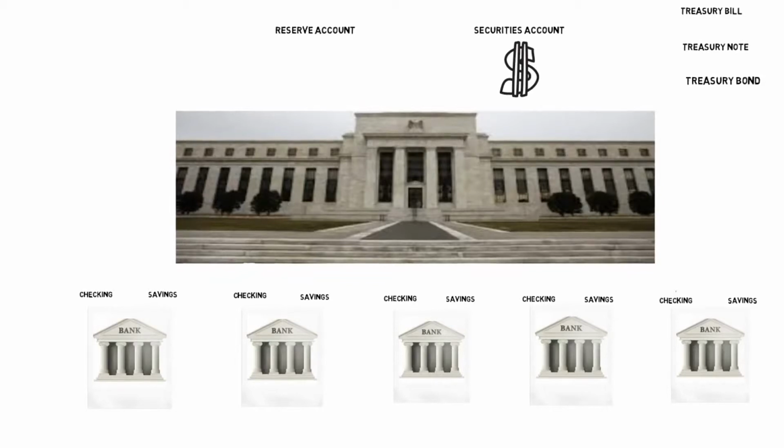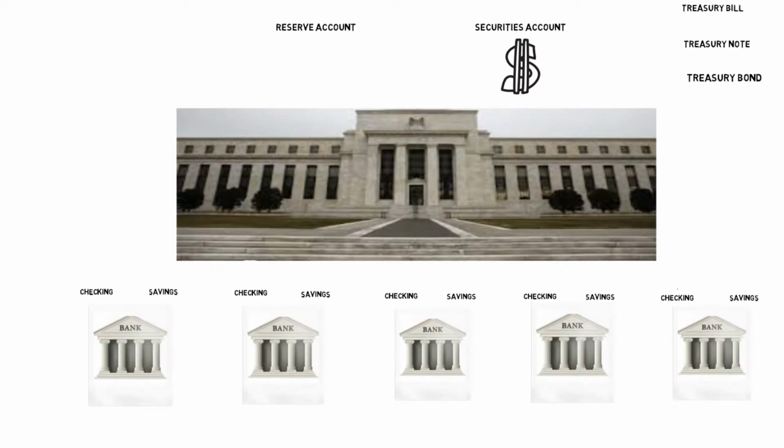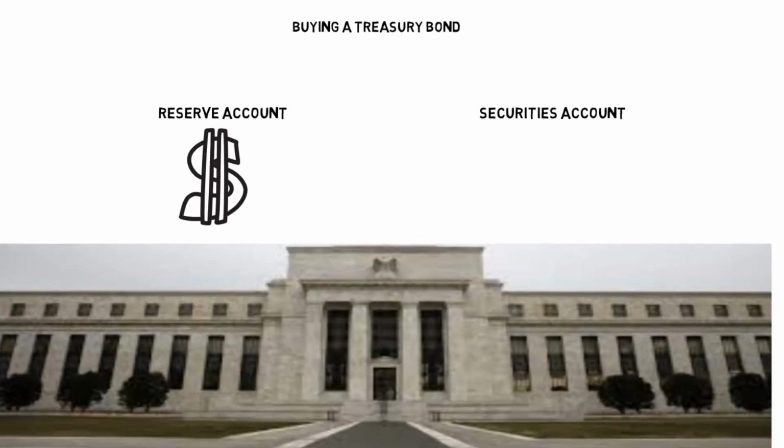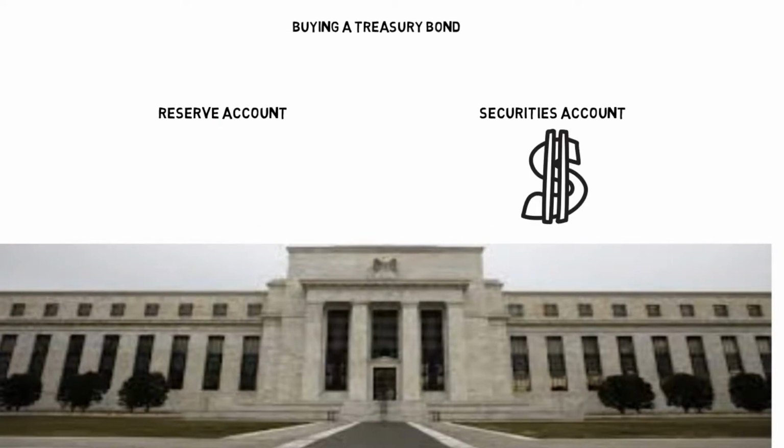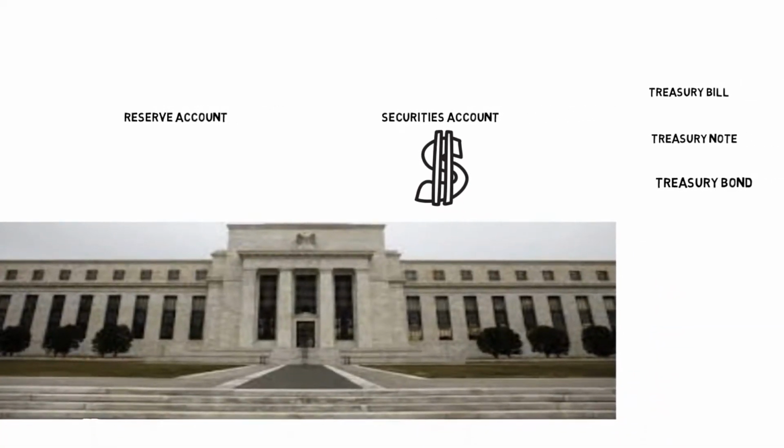So buying a Treasury bond is nothing but a transfer of dollars from the Fed's checking account to the Fed's savings account, just like you do at your own bank, and for the same reason, to park dollars in a safe, risk-free, interest-bearing time deposit of dollars. Conversely, what exactly happens when someone sells their Treasury bond or their Treasury bond matures?